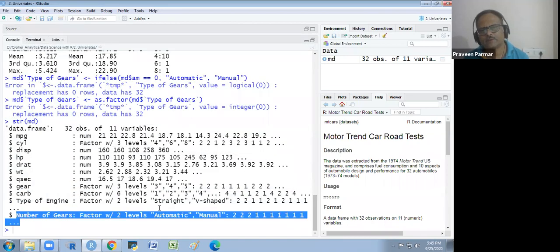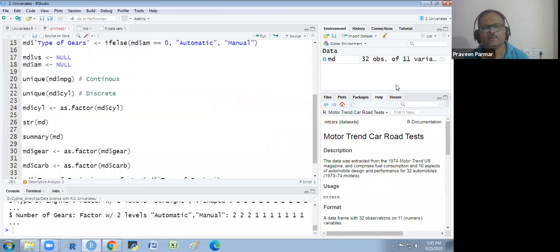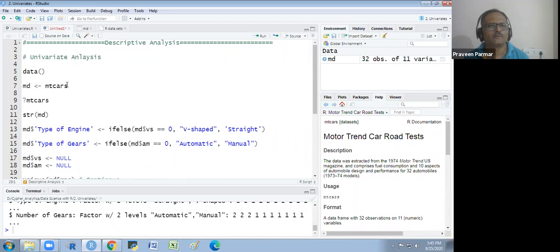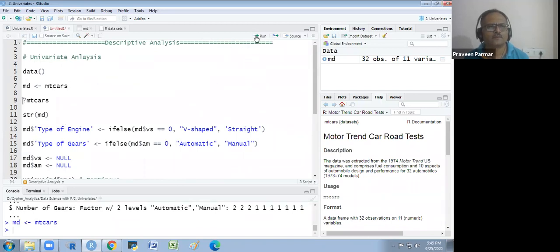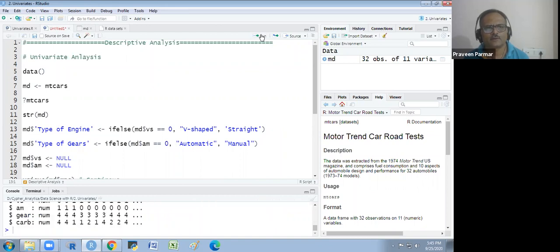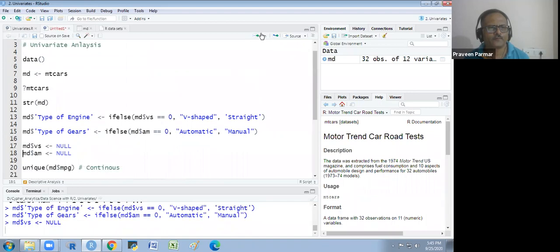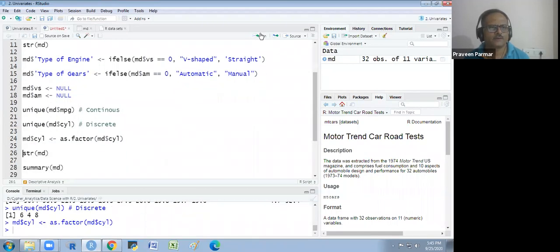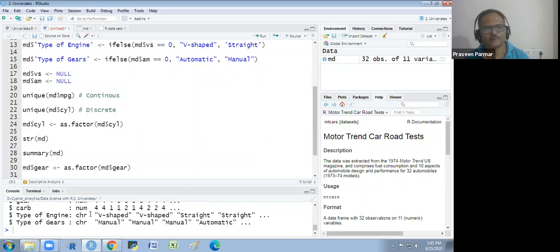Oh, it is number of gears, still number of gears. Okay, run from the front. See the structure: type of engine, type of gears, V-shape, cylinders. See the type of gears. Okay.